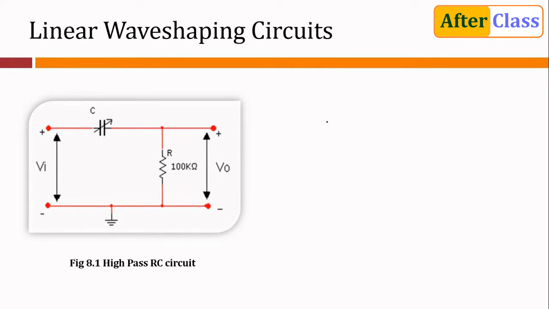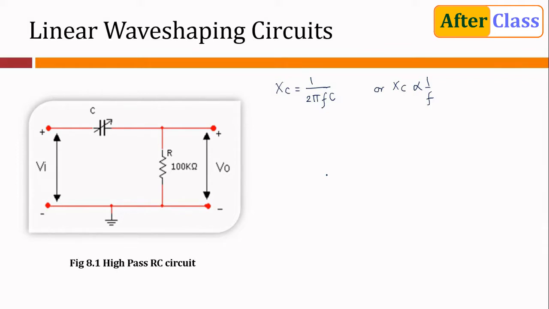Now let us try to analyze this in brief. The reactance of the capacitor is given as Xc equals 1 upon 2 pi fC. Fine. Or we can say Xc is inversely proportional to f. That is, the reactance Xc of the capacitor decreases with the increase in frequency. So at lower frequencies the capacitor C offers considerable reactance and blocks them, but at higher frequencies it offers little reactance and allows them to pass through it.